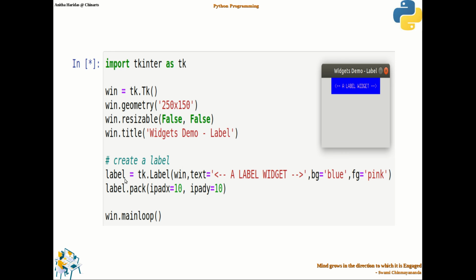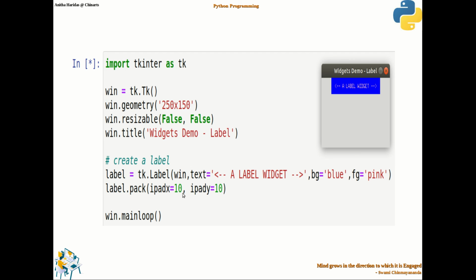And I just create a label, right? And this is the label text. I'm going to have the background as blue and foreground as pink. And you can see here the label is having background blue and pink foreground. And I'm packing it, right? I'm using the pack method to add the widget to the window. Okay, I pack it, and when I pack it, I give the ipadx value, right?